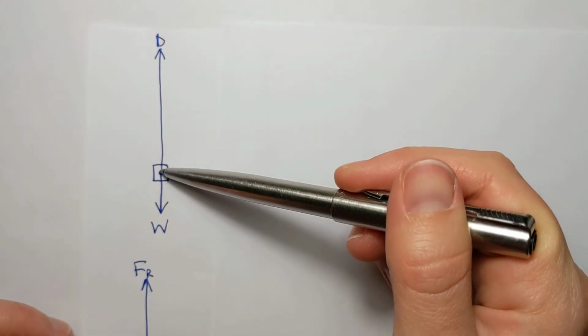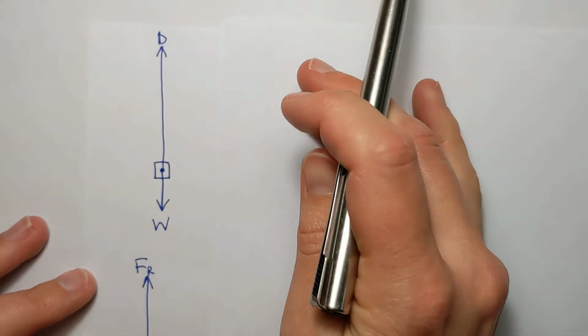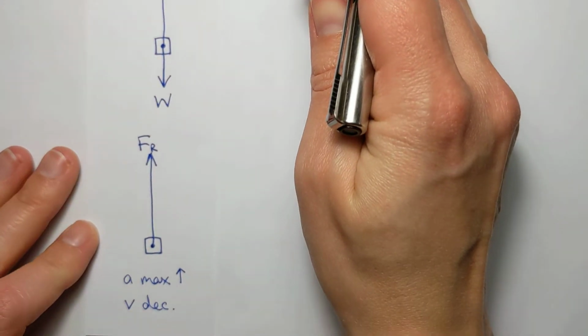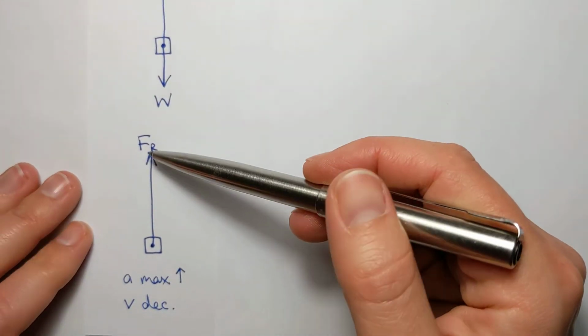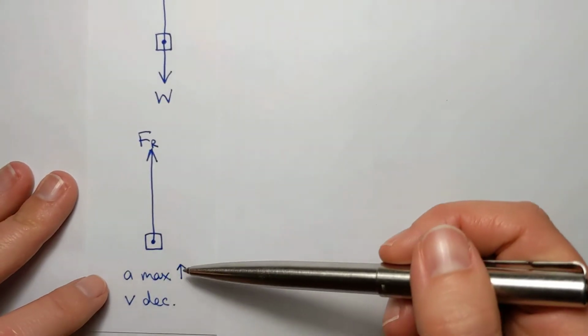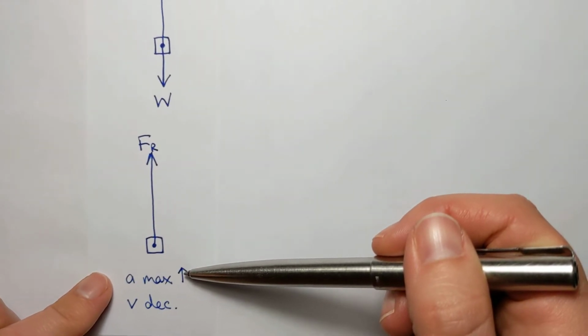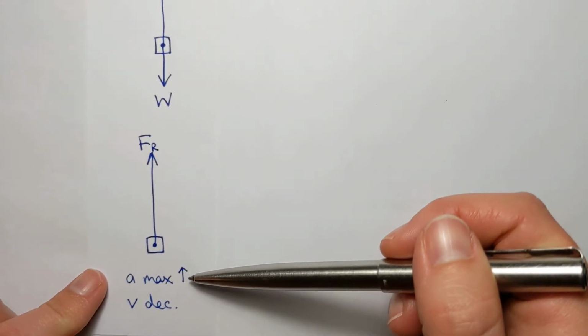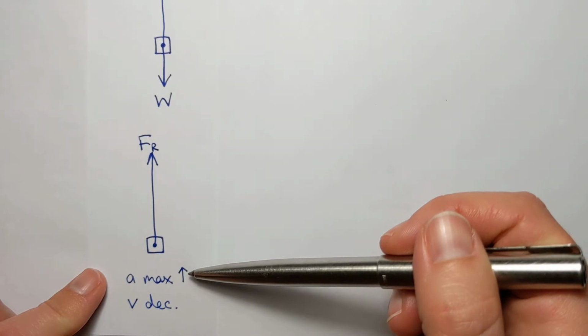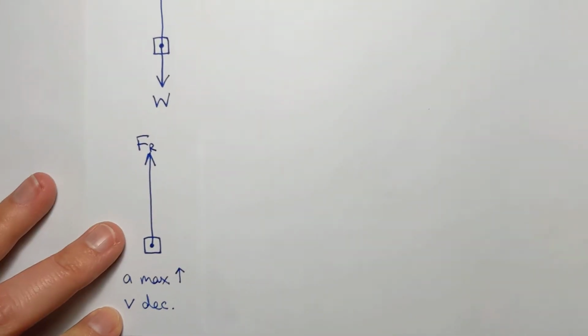And so this causes an enormous drag force upwards. And that means that the resultant force on you is now upwards and really big. So this means your acceleration upwards is as big as it's going to be, but you're moving downwards, so that means you're going to slow down. So a little while later,